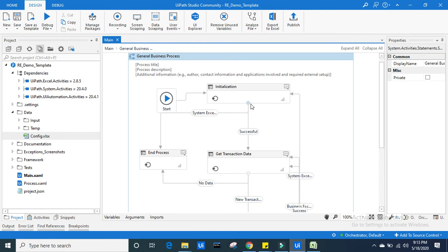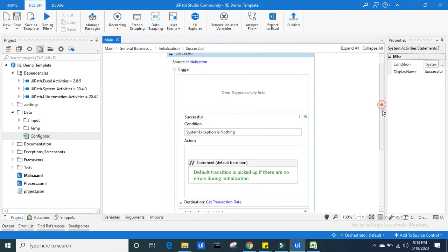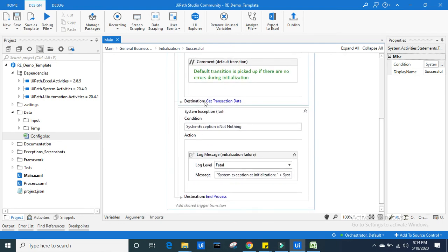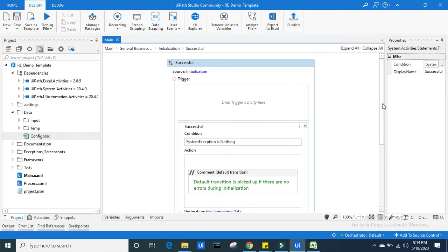Now here first it will check if it is a success. Then it will go to the next phase, the get transaction data phase, or else if there is an error in reading the config file, then it will end the process. This is at a very high level.